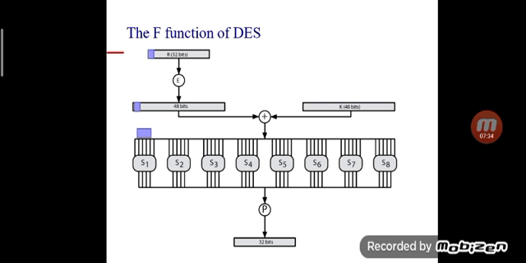Okay, so that XORed output is applied to the input of S boxes. So the input of S box is of 48 bits. Now we require the output to be of 32 bits. So based on these S boxes, we can get the output of S boxes of 32 bits. So that should be permuted by function P.